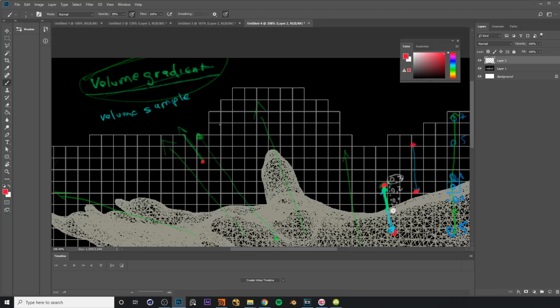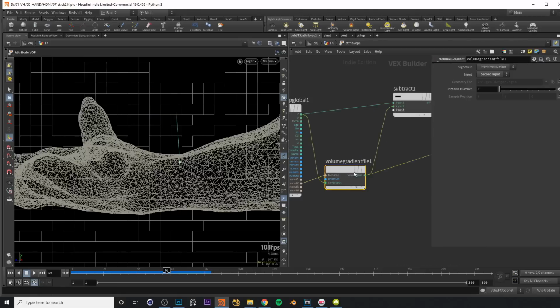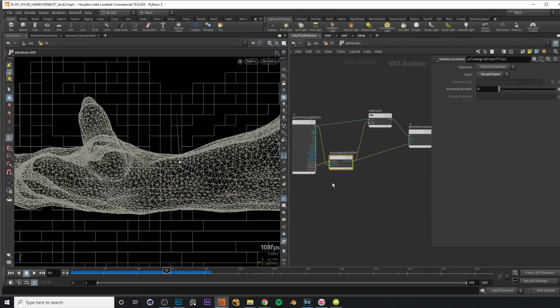Basically, we have a point over here in this voxel. It's going to look at the voxel that it's closest to, and it's going to grab the SDF value for this. So maybe this is at around a value of roughly 0.7 in world space. And it's going to multiply the gradient vector by this, and it's going to give us a vector going exactly to the surface. So now back in Houdini, I can go inside this attribute VOP, and I will grab a volume sample,